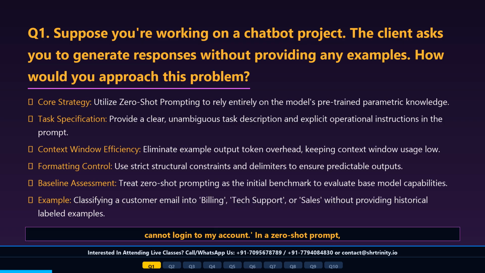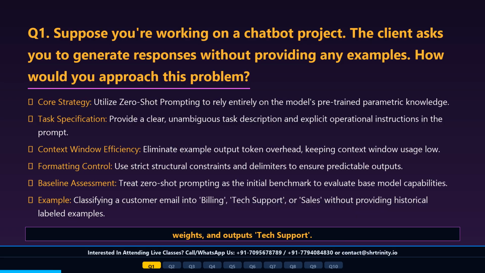In a zero-shot prompt, you would directly instruct the model, classify the following email into one of three categories: billing, tech support, or sales. Notice how we don't give any past examples of support tickets. The model analyzes the semantic context of cannot log in, maps it to technical access issues using its pre-trained weights,